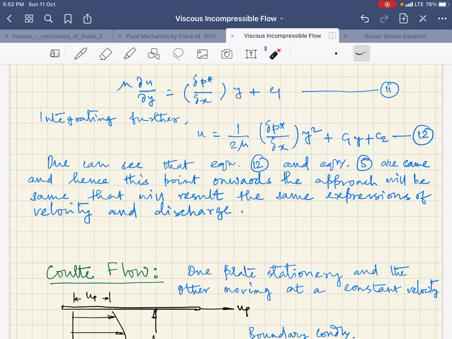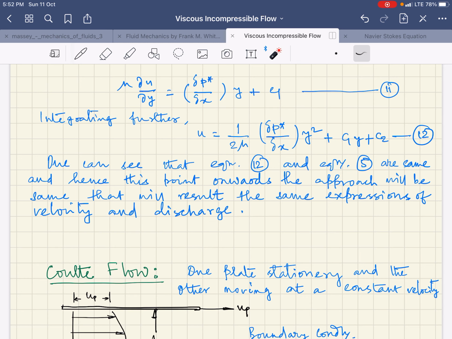It doesn't matter here. In your earlier Navier-Stokes equation, we actually did not consider the elevation head, so the body force term was 0. So it can be put inside the pressure as piezometric pressure, if it is only the gravitational pressure you are going to consider, or the gravitational head converted into pressure form. Okay. So otherwise, this form is the same. It is exactly the same thing that one can obtain,